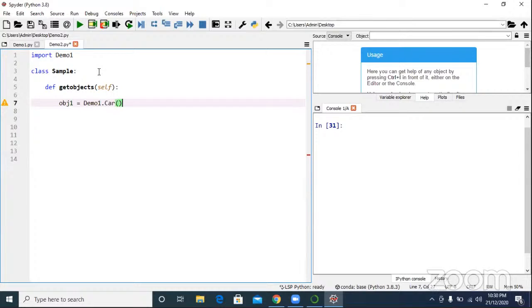Who is obj1? Object. obj2 equal to demo1 dot core. Who is obj2? Object. obj3 equal to demo1 dot core. Who is obj3? Object. I have created three objects for a class core.